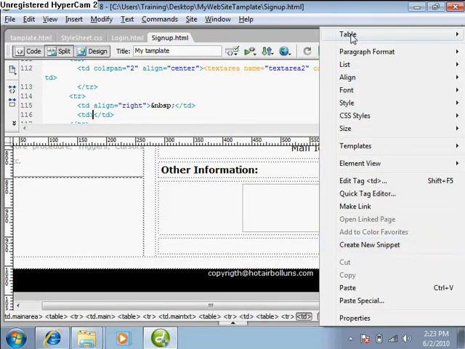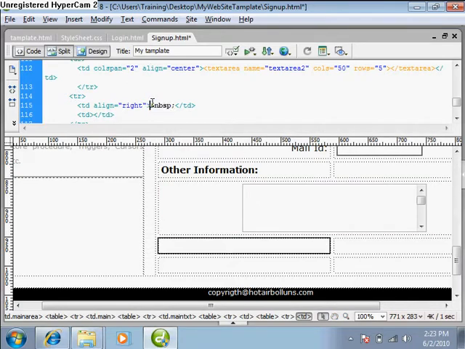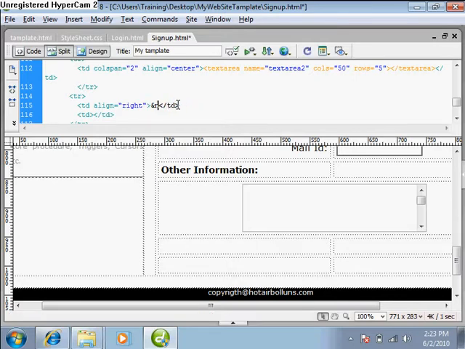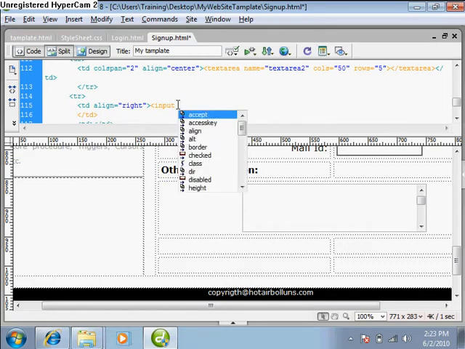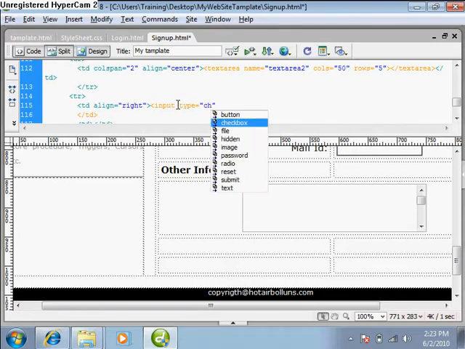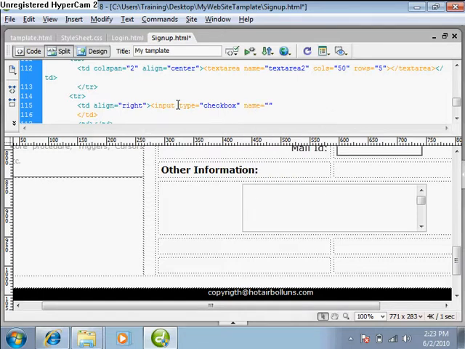And here we insert one more row. Suppose I put some input type. I just write input type checkbox and give name chk terms and conditions. Okay,